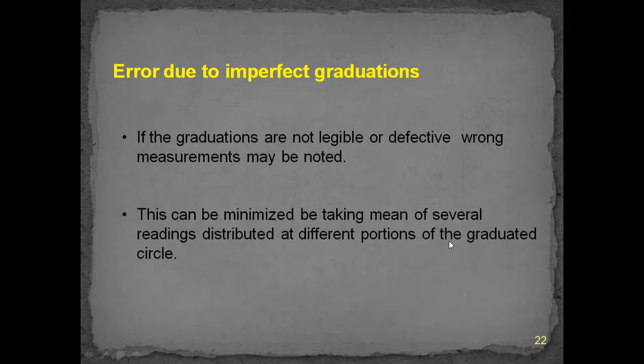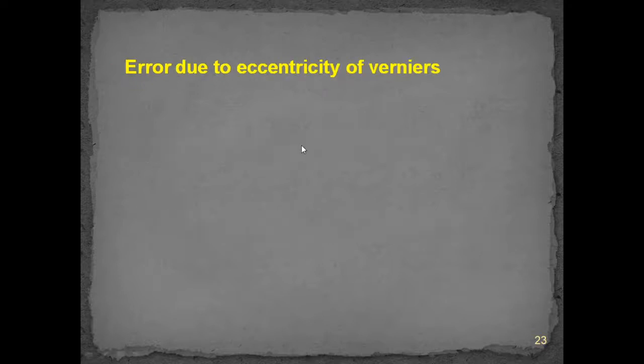Initially you have sighted main scale reading 0 to P. Later you take 40 degrees as the initial reading at P, so that at Q you will get 60. Like that, at n number of places on the graduated circle, you measure the angle between the same two points, so that the average will give the perfect result. Okay. Next, error due to eccentricity of verniers.